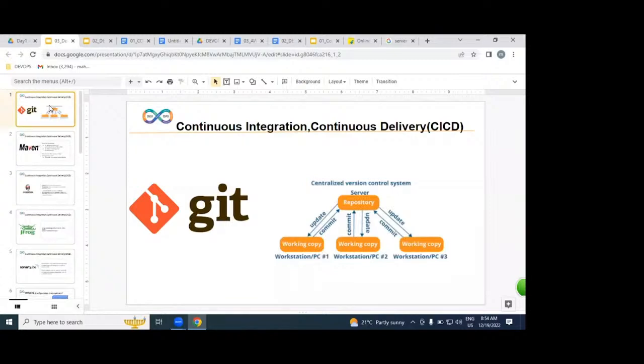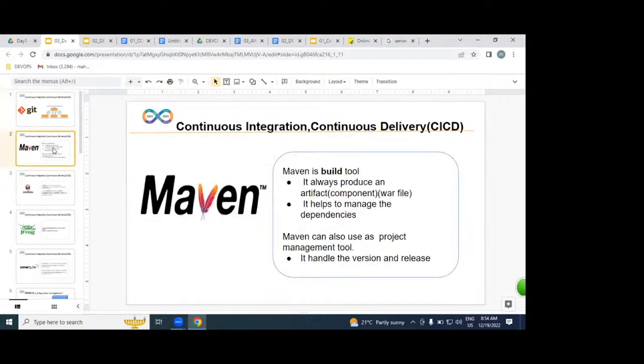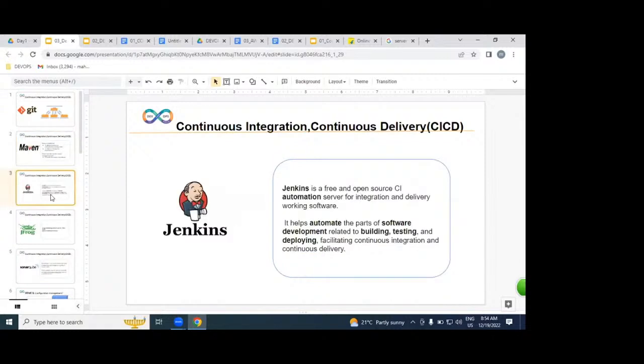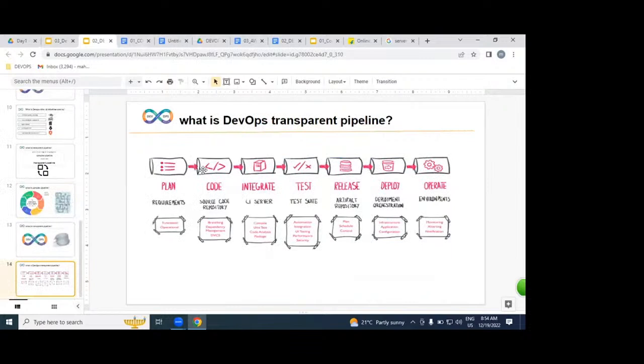As a DevOps engineer, we maintain all developer source code in Git. Then all developer source code must be executed and built using Maven. But this entire process is automated with the help of Jenkins. Jenkins is an automation tool, and this entire DevOps process is automated with Jenkins.